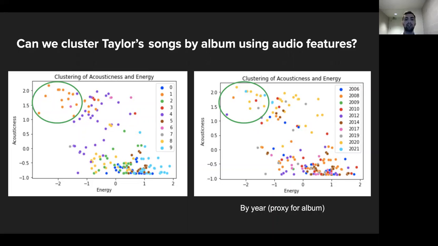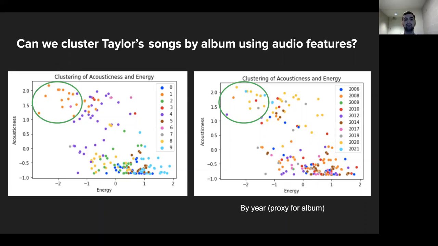As you can see when we plotted 2 variables side by side, there are no clear patterns in the data, and there's not clear clusters being formed. Moreover, when you compare it to the actual values, in the actual albums that every song belongs to, for example, looking at the cluster of orange dots on the left, we can see that they are actually made up of songs from varying years, therefore they're from different albums. We hypothesized that this is because there can be songs of multiple genres on a single album.